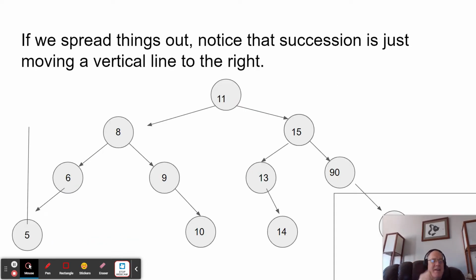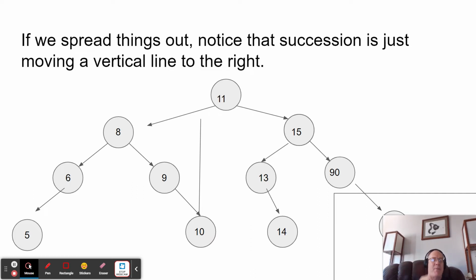In order to understand and motivate it, we'll get to a visualization in a moment, but let's motivate rotation a little bit more. If we spread our tree out, and here's a general tree, if I take this vertical line and move it to the right, I will always go to the successor next in the tree, regardless of a parent-child relationship. So from 5 to 6, I go to the right. From 6 to 8, I go to the right. 8 to 9, I go to the right. 9 to 10, I go to the right. We, by the way, could have our tree structured differently, but we can structure our tree